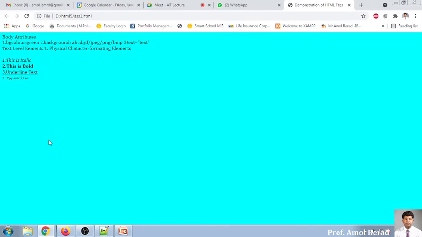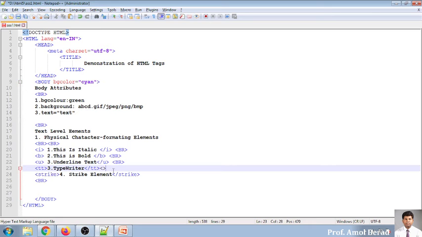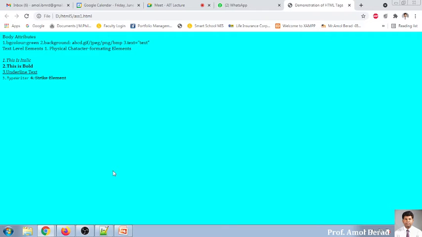So when I run this and refresh this page, see, it is strike. So anything you want to display, but you want to show a middle line in front of it. BR will help you to move to the next line. I think everyone knows BR means breaking the line. So see, strike will be displaying like this.